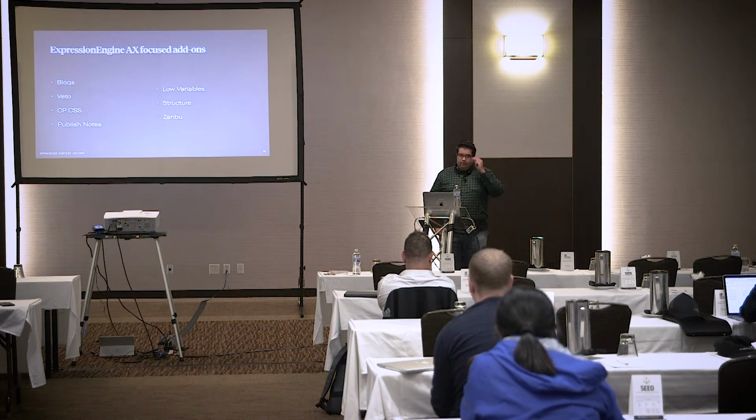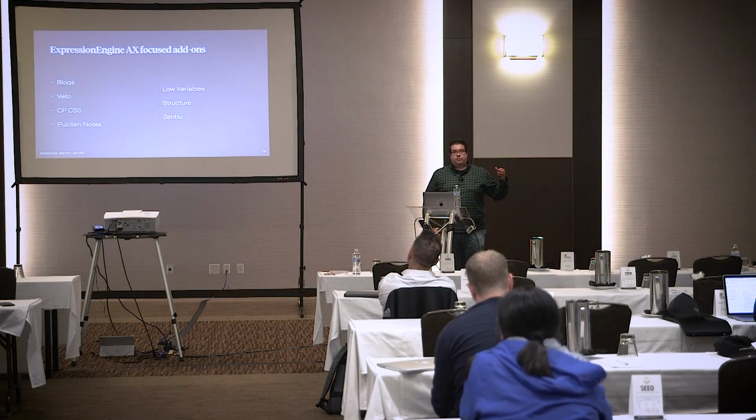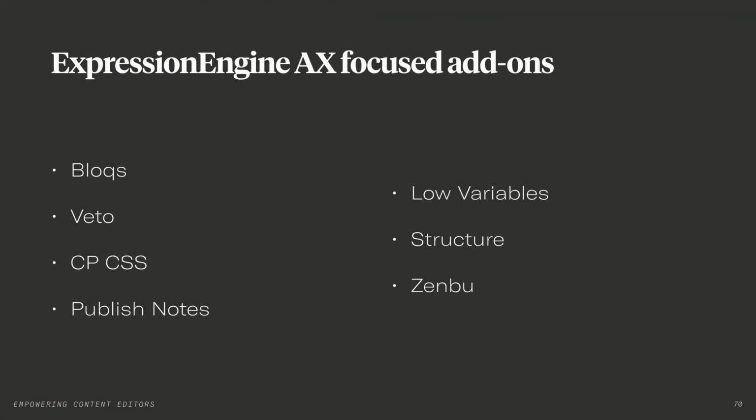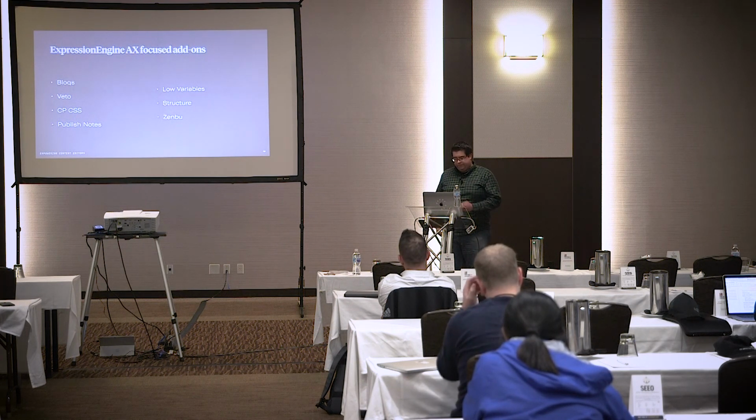And then we have things like Low Variables. It's been around forever, but it's really flexible in providing us global variables. For really flexible sites, we'll use that to give some color variable injection points where they can define here's what the primary color of the site's going to be. We store that in a Low Variable. We mentioned Structure, which allows the client to order things however they need. And then there's plugins like Zenbu that give additional functionality to the listing pages, custom filtering, custom ordering, all that type of stuff. So if your client needs something like that, you have these at your disposal to quickly improve the experience of the control panel.